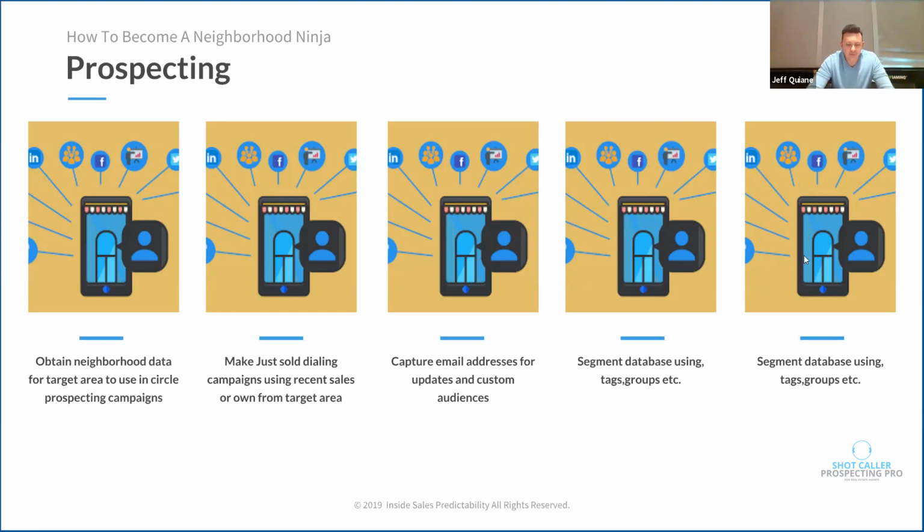And I doubled up on that one there. Let's see, I got my notes here. Let me let you see what that last one was, because I know that it was not supposed to be that. The last one was create automated neighborhood campaigns using neighborhood content.